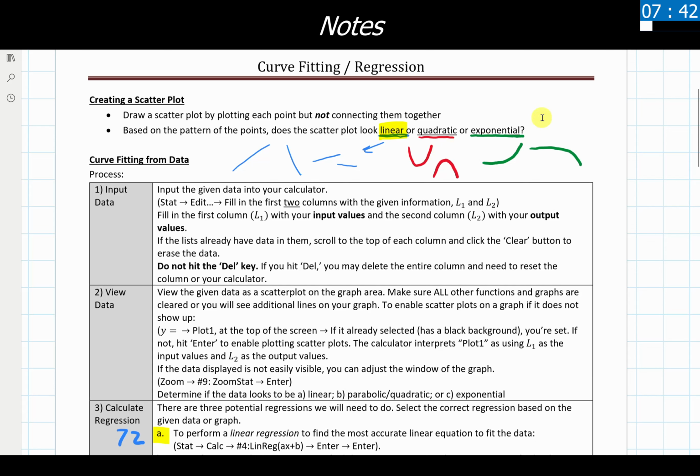For the sake of clarification for a student of mine, if you are watching this video, for my Math 72 students, we are only going to be worrying about linear regressions. For my Math 97 students, we are going to be using linear, quadratic, and exponential regressions. For the 72 folks, this is just going to be the one thing we're pressing, but the rest of the process to get to here is going to be the exact same as the other two, with a slight difference later on in our process here.